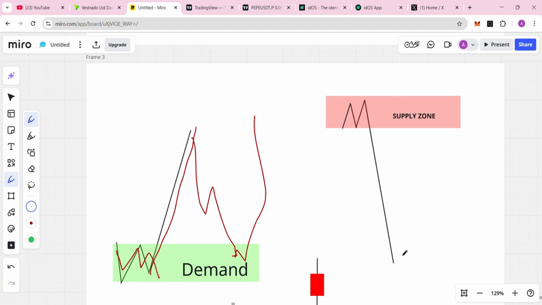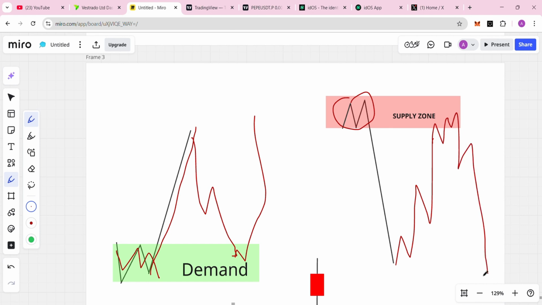So it is still the same concept for the supply zone. When the price returns to the supply zone again, it is expected that it will sell aggressively to the downside. And these are the types of candle that you should keep into consideration when marking